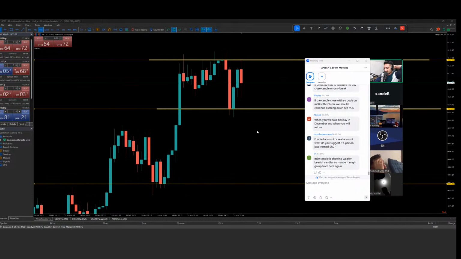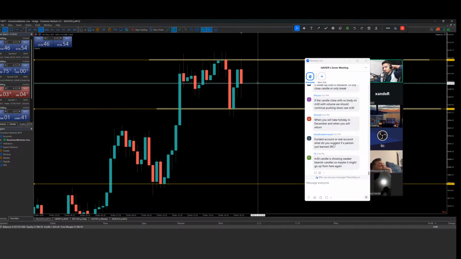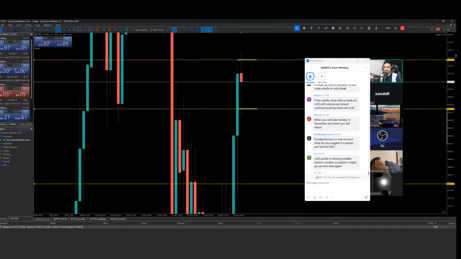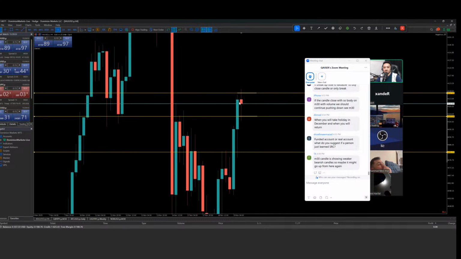I need 0.6% of the account and I'm passed. So wait for this candle to break above this high or break below this area, and you are going to pass your account. The 4 hour structure needs to print one bearish candle. Why? Because it's going to create a bearish candle here. Look at this one.